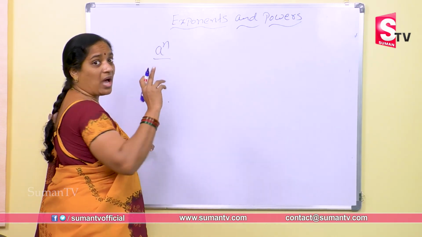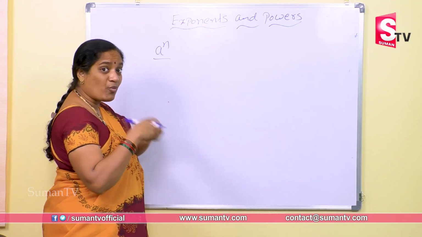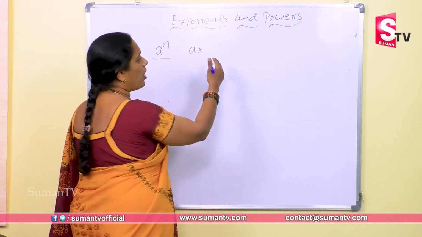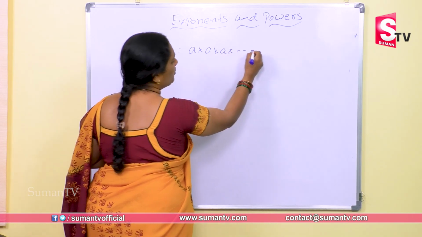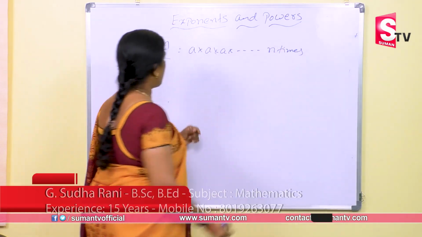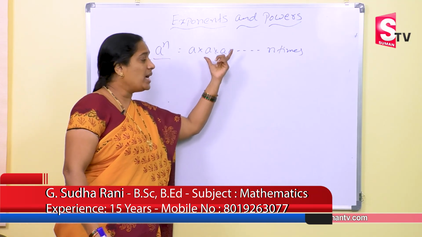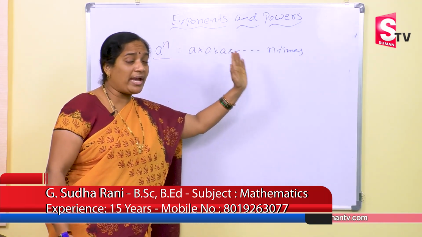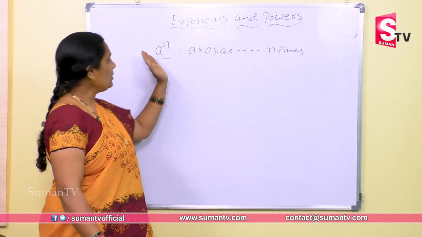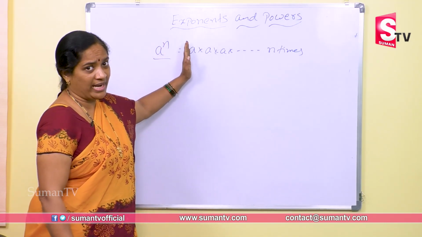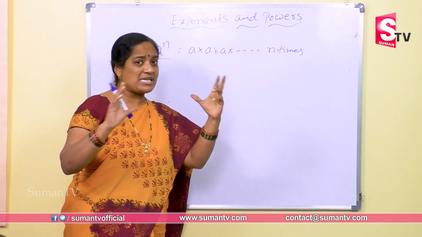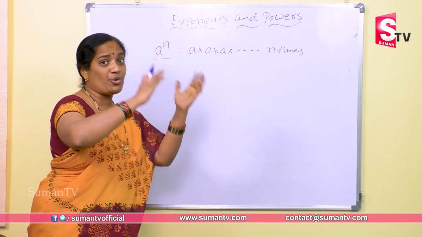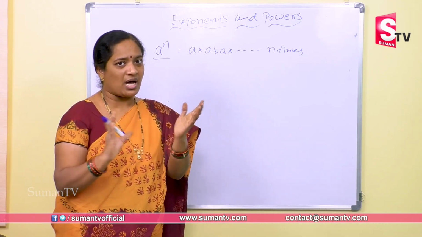A to the power of n. Now I have written here the short form. I want to write it in expanded form. How do you write it? You have to recall what you learned previously. A into A, and so on, n times, right? A to the power of n can be written as A into A, and so on n times. Previously we learned when A into A, and so on n times, we can write it in the short form as A to the power of n. So we have discussed it there. A repeated multiplication's short form is exponential notation. Right. Now here is a short form, how do you write it in expanded form? Both are vice versa. Remember.